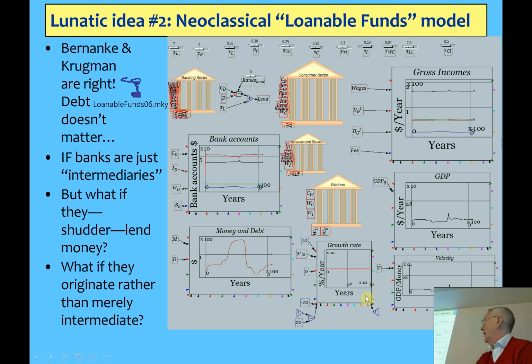That velocity is calculated. It's simply GDP divided by money, you know, how many times it turns over in a year. So that's calculated, but it's generated by the values that are given to all these various time constants here. And when you have lending that increases the amount of money in the account of the investment sector, then the investment sector consumes at a different rate to the consumer sector, and therefore you get a change in GDP. But if the money goes back again, the change is reversed.